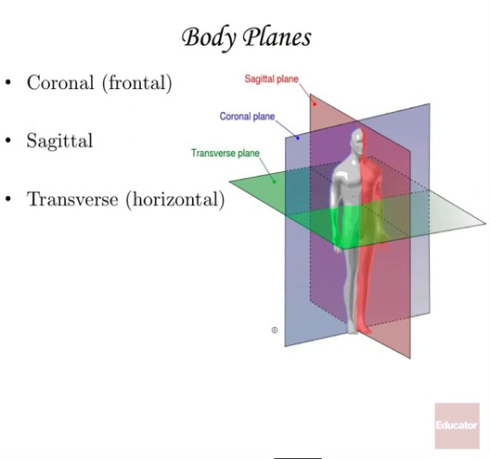Body planes, very important in terms of the study of the human body, taking views or nice pictures of the insides of organs and how tissues are related to each other. So if we took, let's say, the heart, and the heart oriented just like this in my body, if we took it out and then cut it like this so that you could see through the most anterior, from the previous slide, or ventral layers and inside the heart, that would be a coronal or frontal cut. So you could see that in blue here,